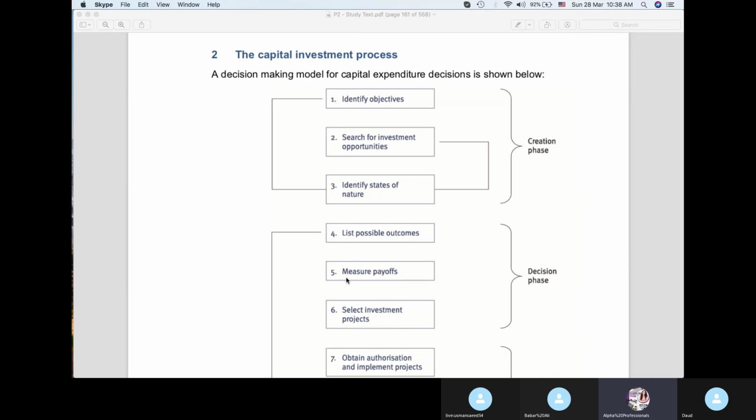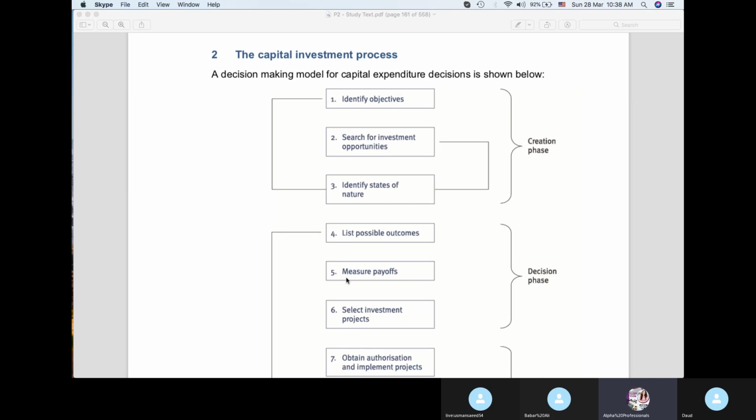Once you have identified the objectives, you would be looking for the investment opportunities. If we talk about the expansion, we will see in which areas we could have the expansion. We want to expand in our core area, or we want to diversify, we want to go into new markets, or we want to develop new products. That would depend on the strengths of the organization and the opportunities out there in the market, which will enable the management to take a decision about the various opportunities that could be exploited.